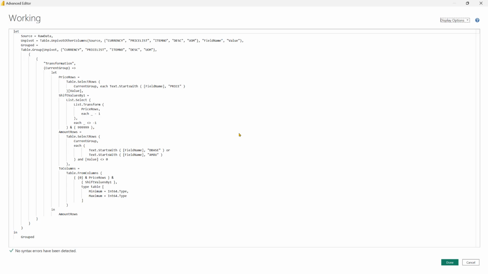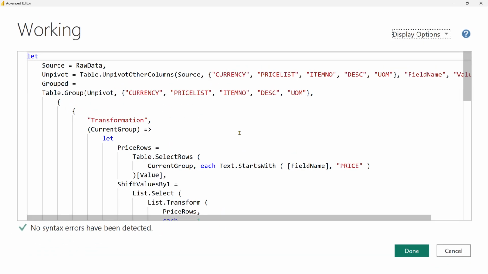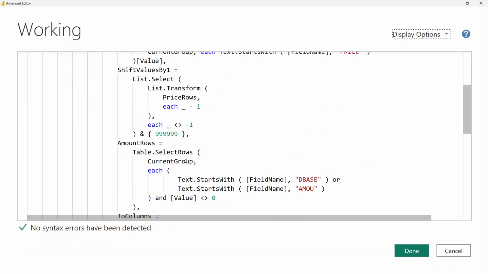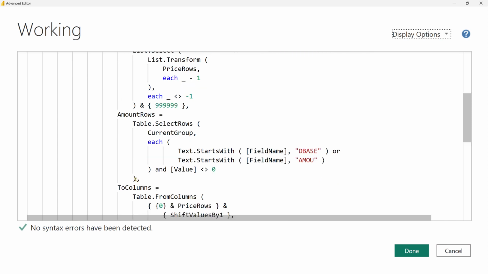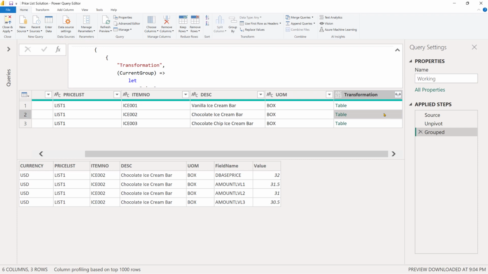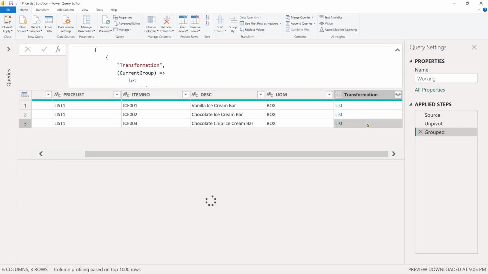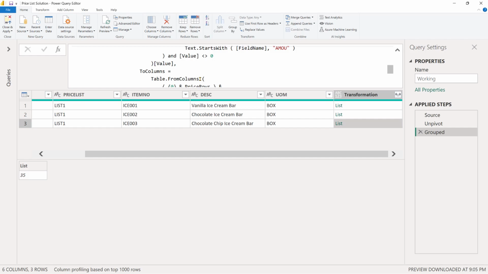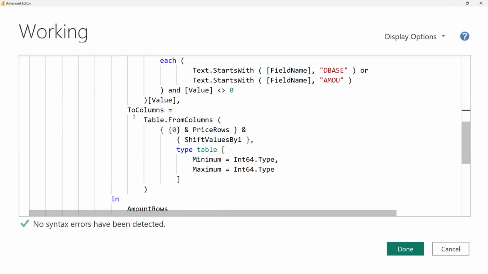So let's go back to advanced editor, and now that the amount rows step is prepared, we can simply access the value column from that. If I click on done, we are now returning a list, and now we can append that list to the 2-column step. So in the 2-column step, when we are creating our table